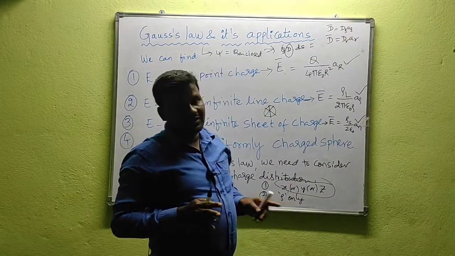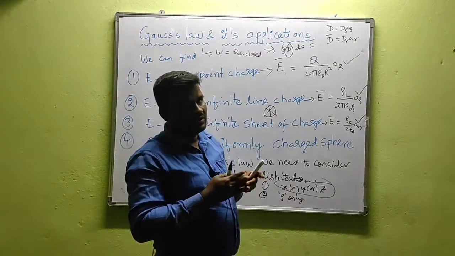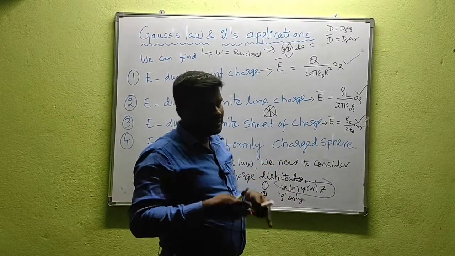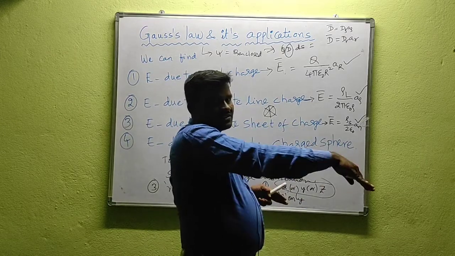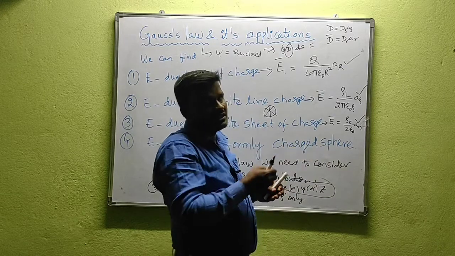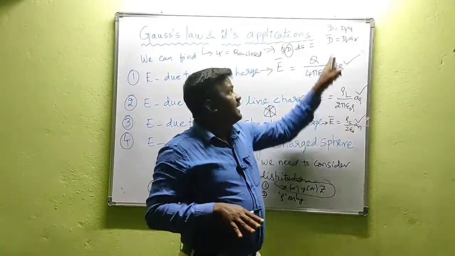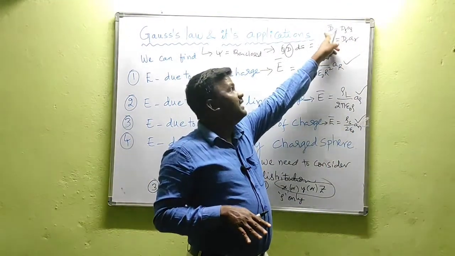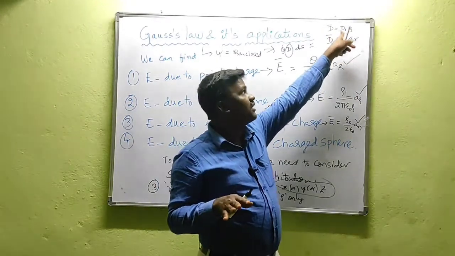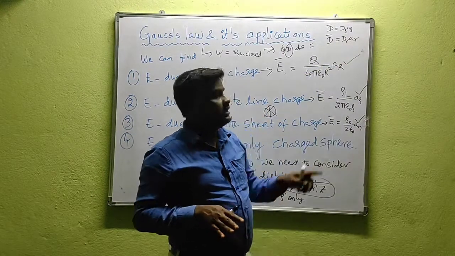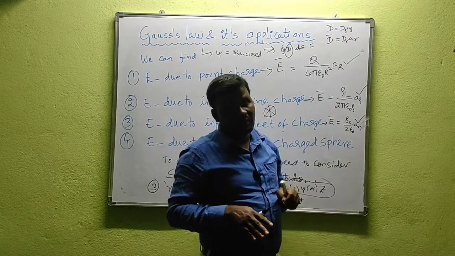In the Cartesian case, no need to worry about that symmetry, because x, y, z all have the same range. Along x, y, z we measure distances only. Whereas in cylindrical and spherical, we need to consider the field component, which may be D or E, electric field E or electric flux density D. We need to consider these components along rho or R only. We will discuss this symmetry of charge distribution in depth in the coming lecture.